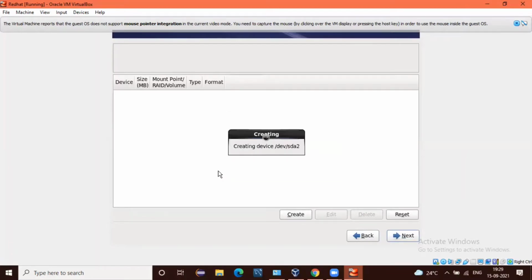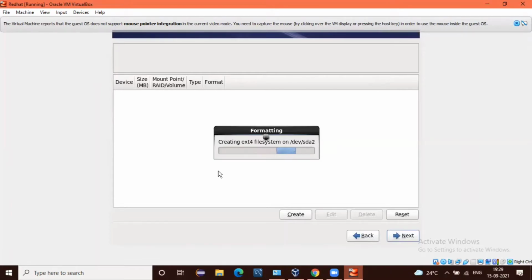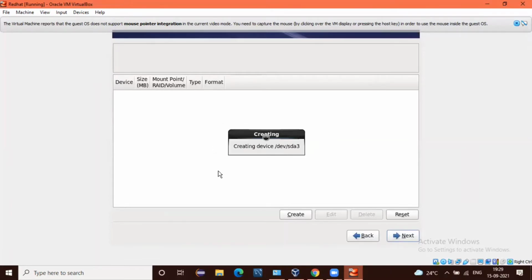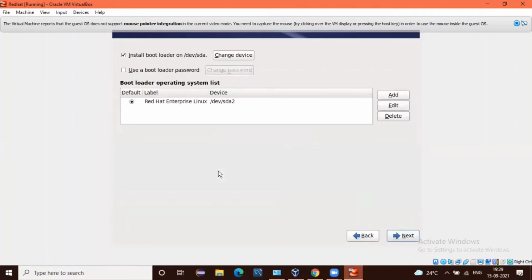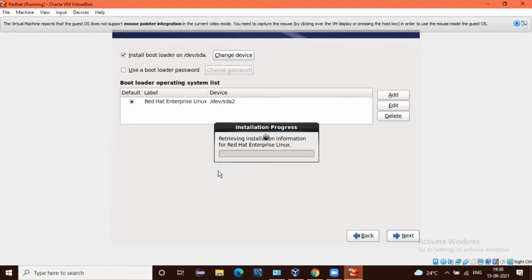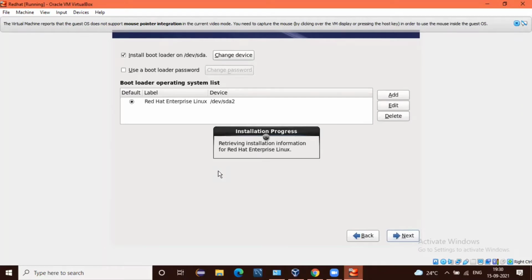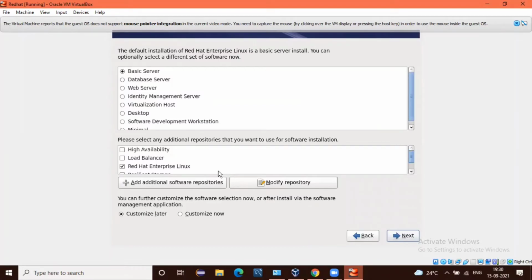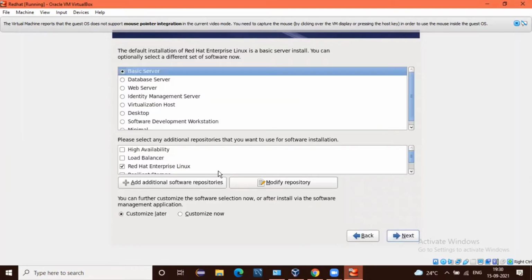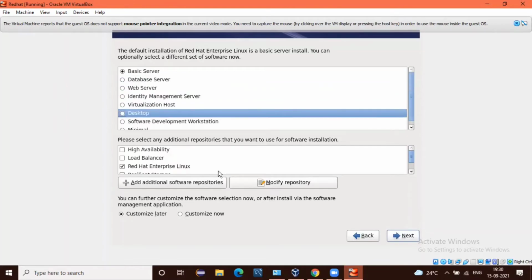After that, the next window which we are going to get. Okay, so here just click on next. And one more thing. Here you have to come to the first box. And once you come to the first box, if you need the GUI,